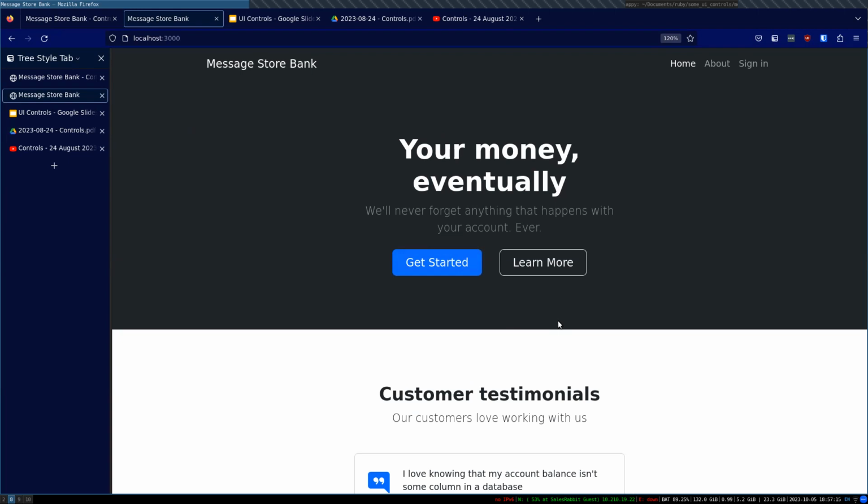Okay. So I threw together this concept. I was going to do much more than I actually got done, so unfortunately it's not as great as I want. But this is the message store bank. It's your money eventually, right? Eventual consistency joke. And forgive me, I really just downloaded some themes and threw them in there and hacked it all together. So I don't know if this is advanced, but